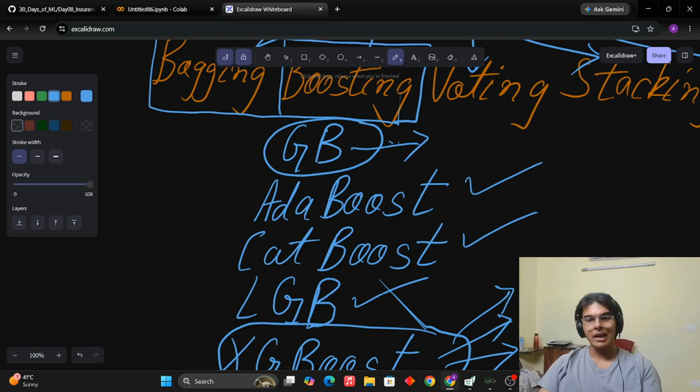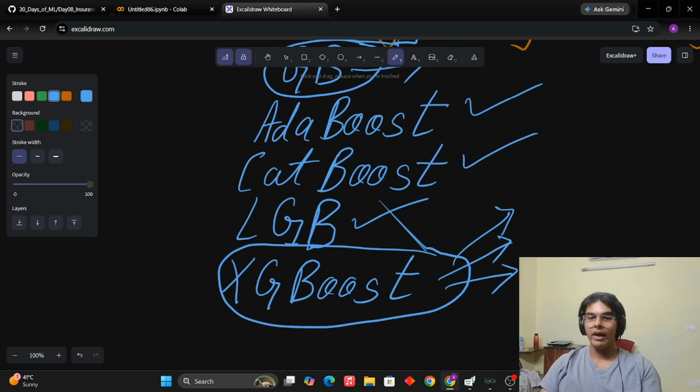Others can be chosen as well, and actually XGBoost is the strongest out of them. But we don't move like this. We first create a base model and then eventually move up to models which are stronger in nature. Again, it all depends on the type of data that we are using and the problem that